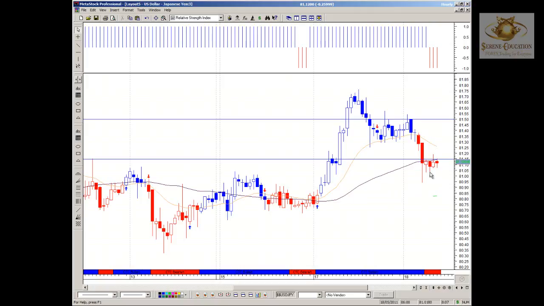Listen here, we've seen consolidation, but if it fails to break higher than this and close higher, there's no way you're going to see further extensions to the upside, because even if it does get there, it needs to break this trend above, because this is a swing low. That there has formed a swing low. Consolidation, swing low. So look for further extensions to the downside,